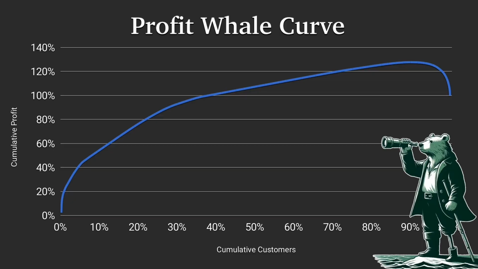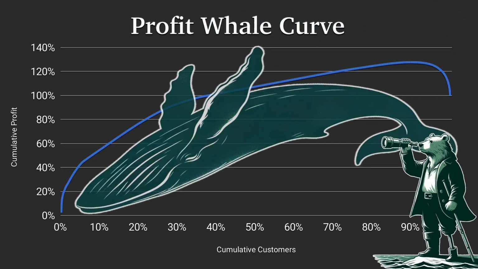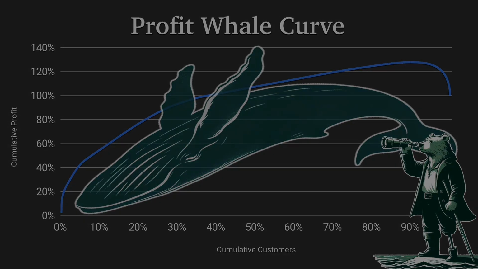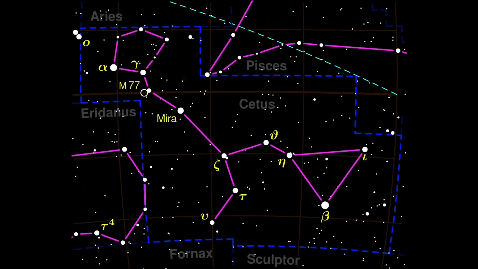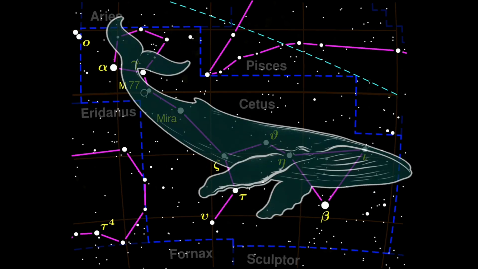The reason it's called a whale curve is because if you're very creative, maybe you can see the shape of a whale in it, maybe. But look, if the alternative is a random acronym, this is better. It's like when people see animals in constellations. In fact, this is Cetus, the whale. And see, if this is a whale, then our curve can be a whale too.